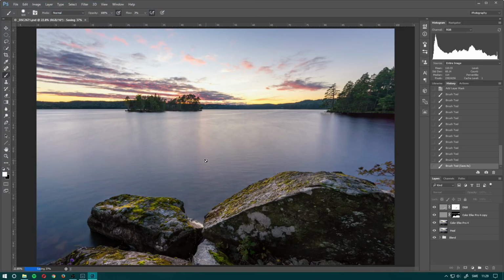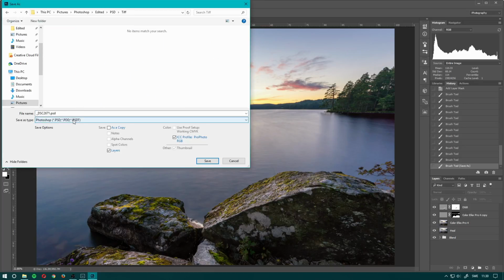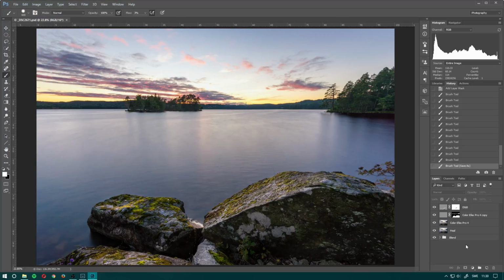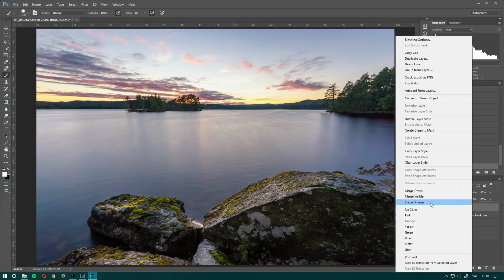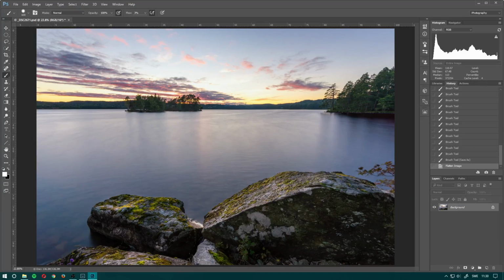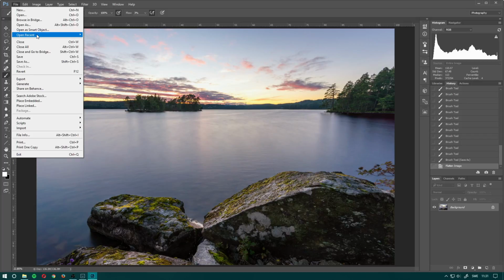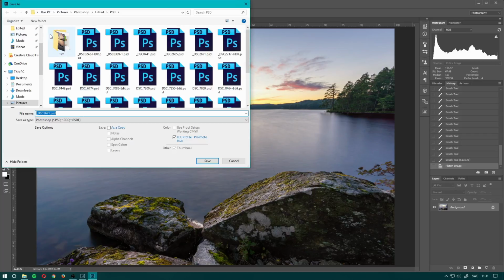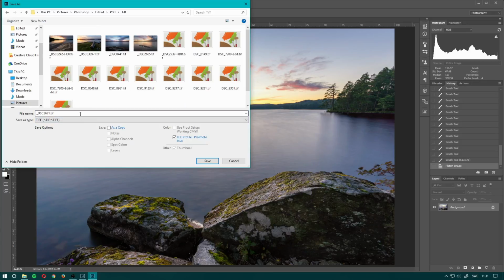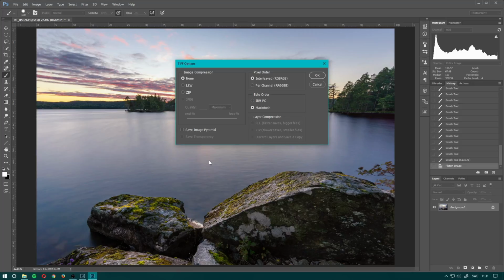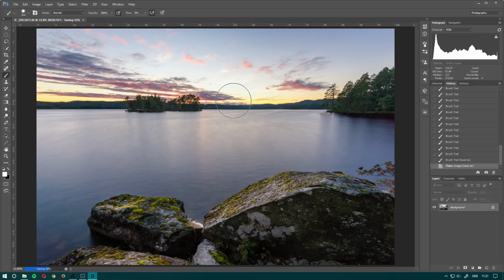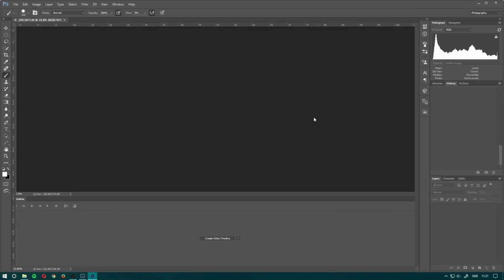Oh yeah, the PSD is saved there, and I'm gonna save it again. As I said, go into the TIFF folder, change it to, oh wait, before I do that I need to flatten the image. So flatten image, save as TIFF, and the same file name again, and then I'll just save it. And it's saved. Then I'm just gonna close Photoshop,